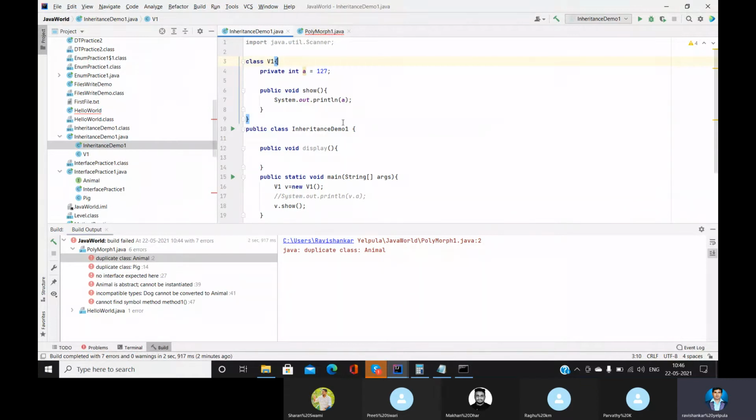So private and public are the access specifiers which specify the access. Wherever we use public and private, it defines where we can access it. When we define public, it will be accessible anywhere, and when we define private, it means that we can access that particular variable or method only within that particular class. So that's the reason that classes cannot be private. Classes should always be public or default, but methods and variables can be private. Clear till now? Any doubts?